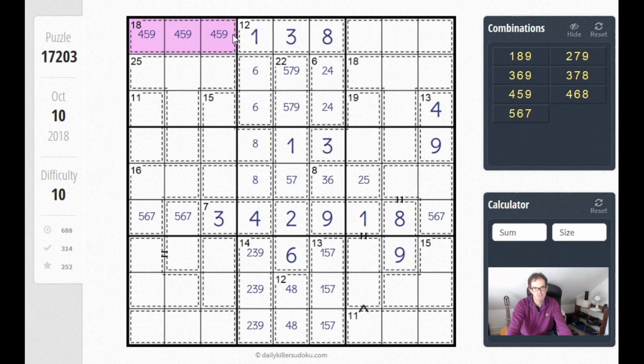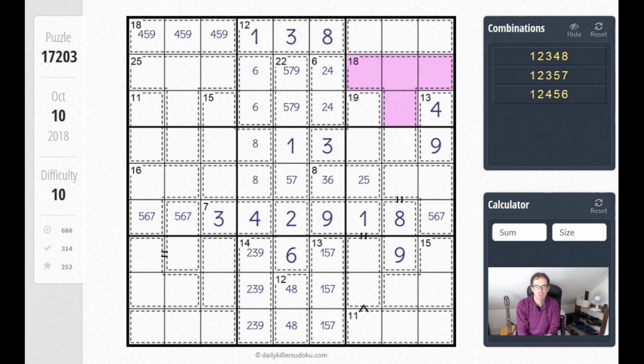Because once this 9 is here, there cannot be a 9 in these 3 cells, obviously. There cannot be a 9 in any of these cells either, because this 18 cage in 5, if we include a 9 in it, the other 4 numbers would have to add up to 9. Now the minimum you can make 4 numbers add up to in a Killer Sudoku is 10, because 1, 2, 3 and 4 add up to 10. So we'd be forced to have this cell here taking the 9,